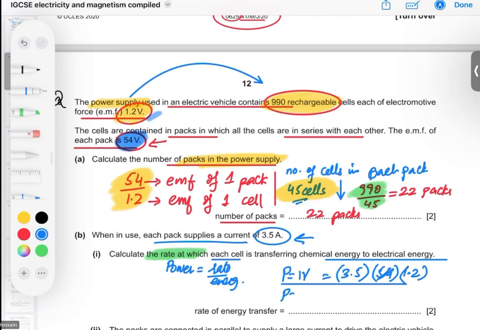4.2. 4.2 and unit? Watts. Watts. So see, you need to read the question carefully. You just saw an example. I did not read the question carefully, and I missed this "each cell". All right. Then